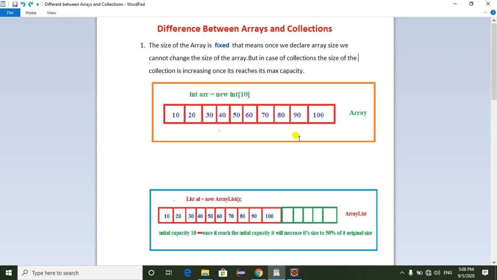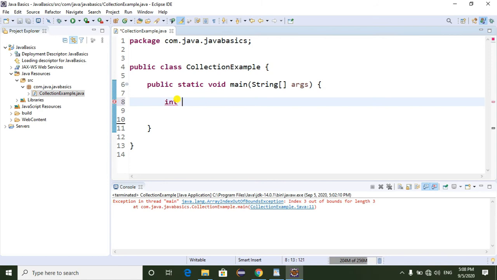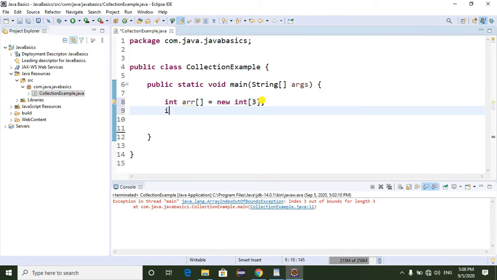Now I am going to show you a practical example of this point. Just go to Eclipse. Here I am creating an ArrayList object, and its size I am declaring as 3. Now I am going to add the elements into the array.